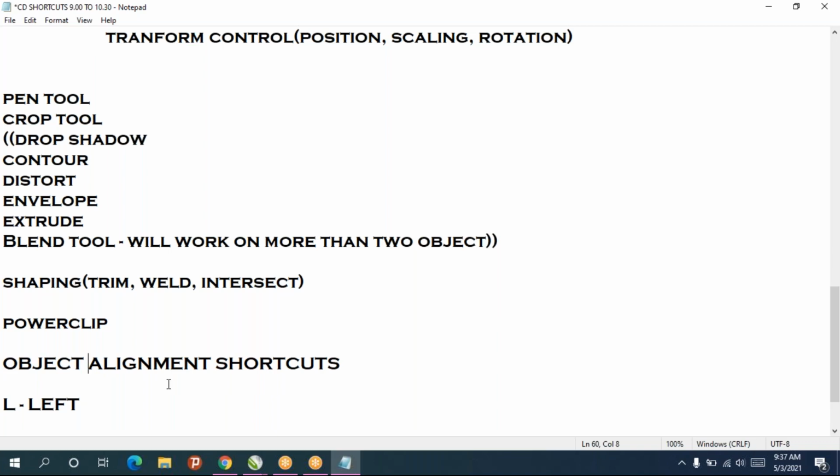Left means just press L after selecting the objects. So all this is for object alignments.